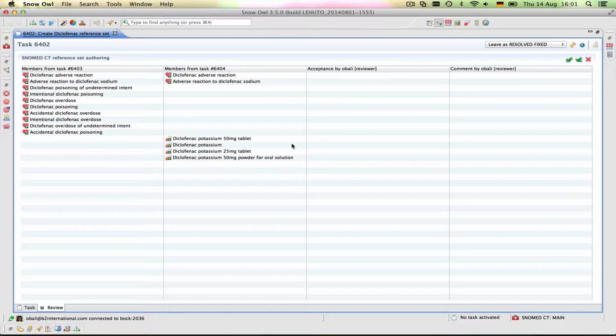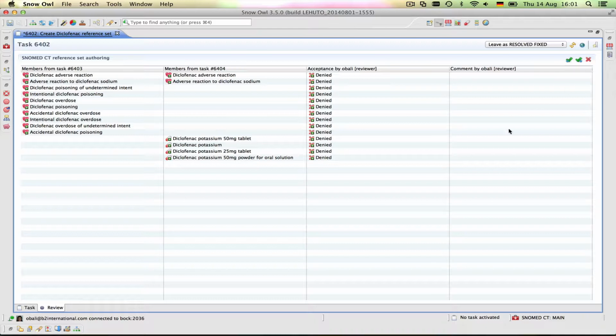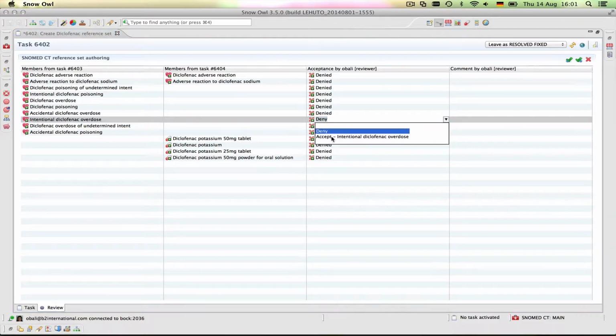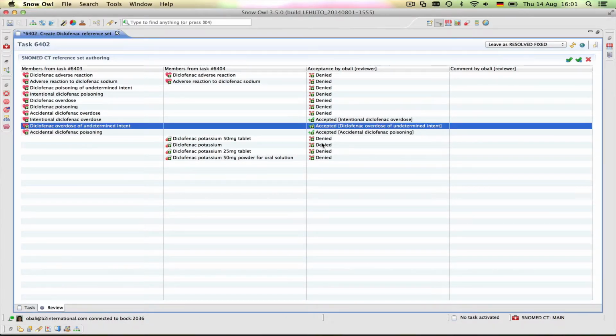The rest of the workflow is pretty much the same as in the previous scenarios. We have different buttons to accept or deny. She can use this button to accept all members of the first author, and this button to accept all members by the second author. This button denies all members, and you can, of course, manually change your decision. It's just important that